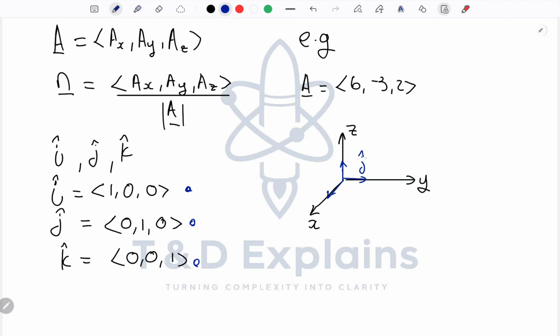The vector j, which is 0, 1, 0. Okay, and this one is going to be i, which is 1, 0, 0. For the z, this z is what? This one is going to be k, unit vector k is going to be 0, 0, and 1. Okay,